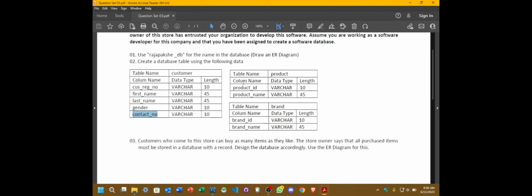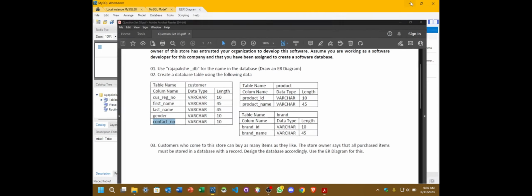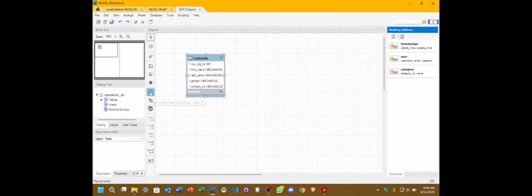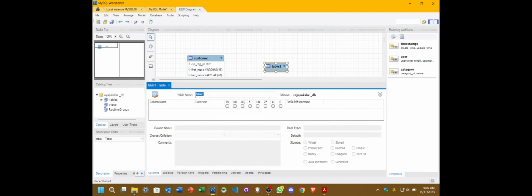another table. Its name is product. So you can click on this icon and click on this space, double click on this space, click on this space, and you can create this table. Name is product. Okay, we can add by double clicking on this,